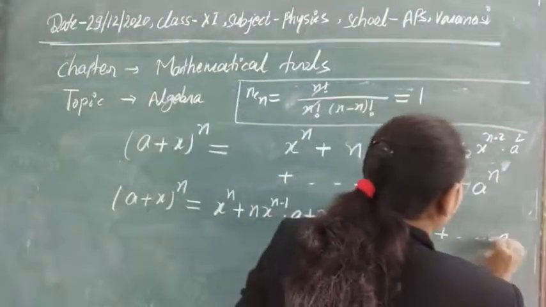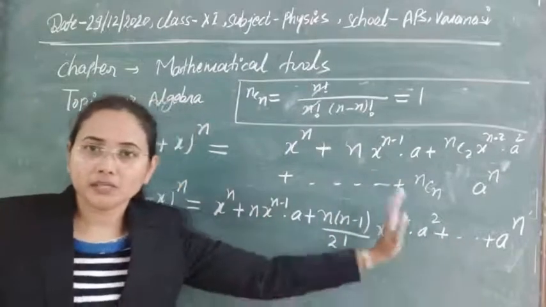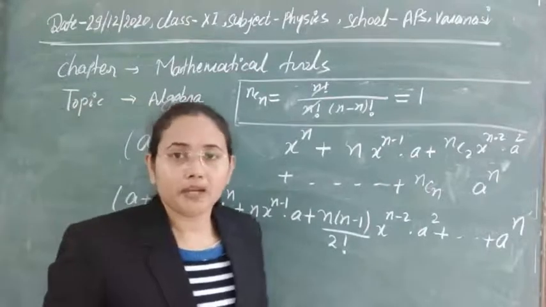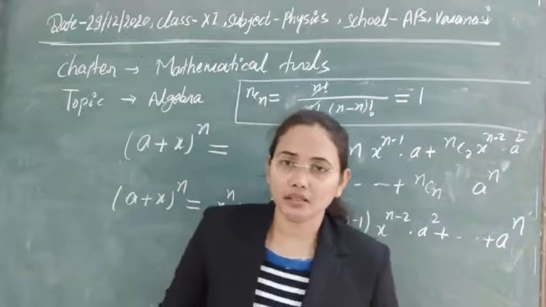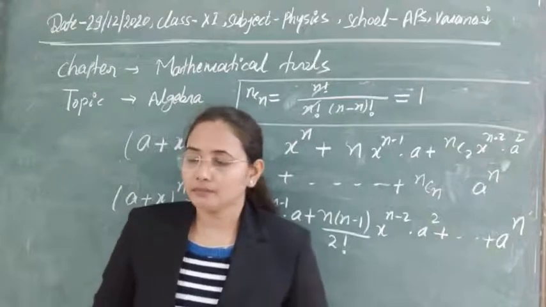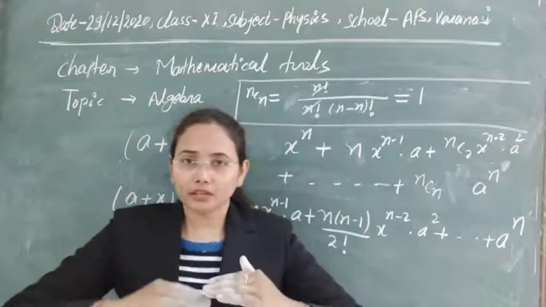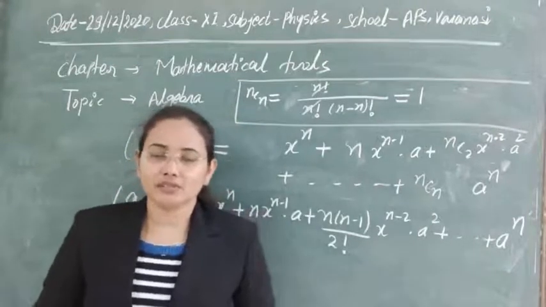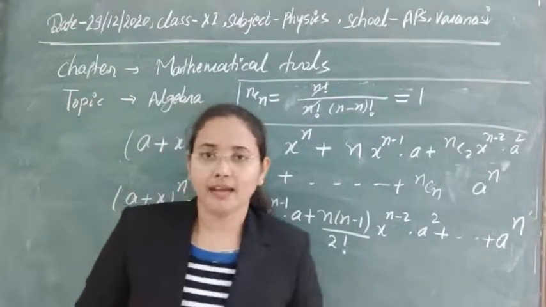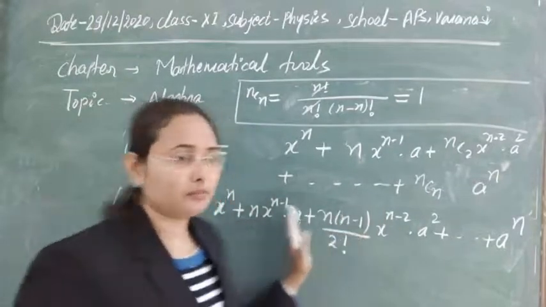So finally you will get a power n. This is the expansion series of the binomial expansion. With the help of it you can expand any power series. We have expanded many formulas in physics like this, for example when talking about the change in gravity with altitude or with depth, where we just used the concept of binomial expansion. I think you have realized many difficulties there, so that's why I decided to make a video on this topic.